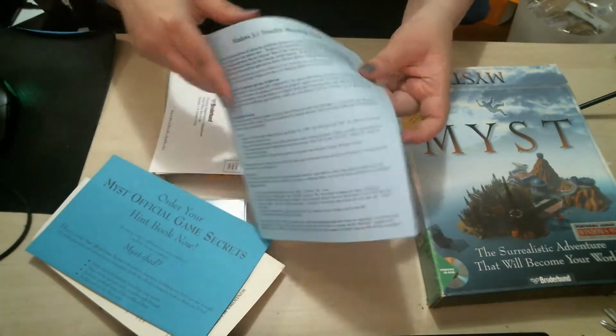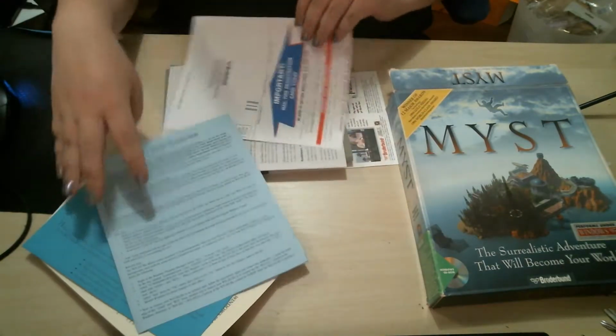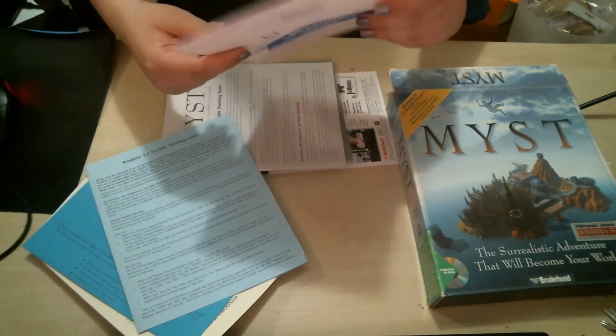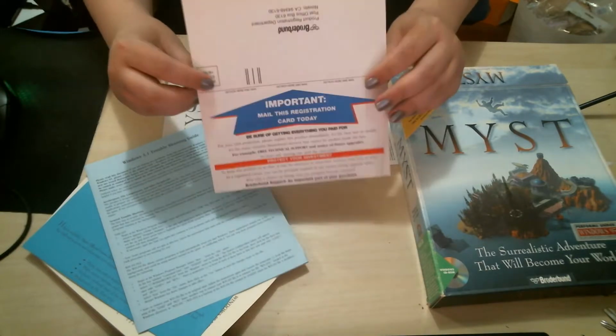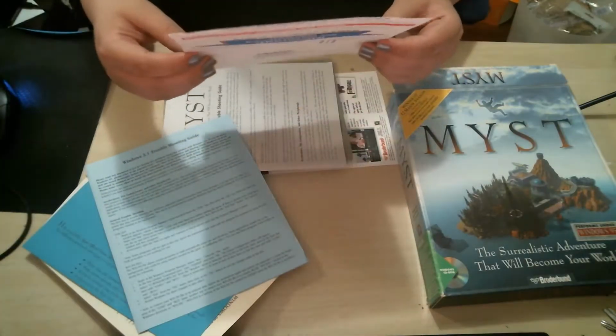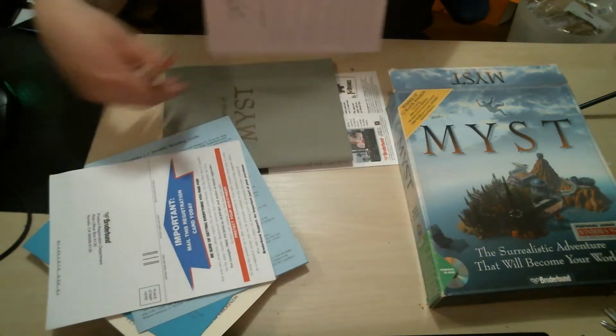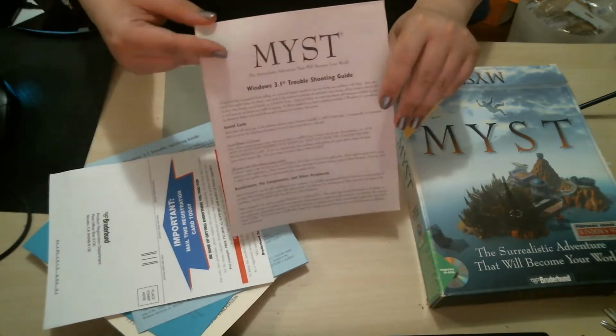Windows 3.1 troubleshooting guide. Yay, multiple troubleshooting guides. What have we got here? It's a Broderbund registration card. Important, mail this today. Well, someone didn't. This is another Windows 3.1 troubleshooting. Oh, why have I got two of these? Is this...